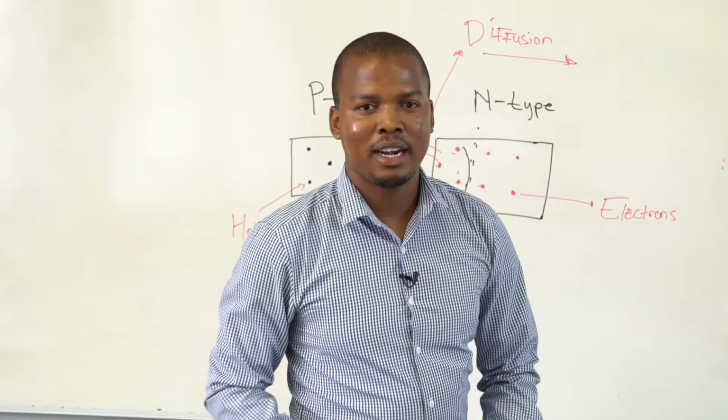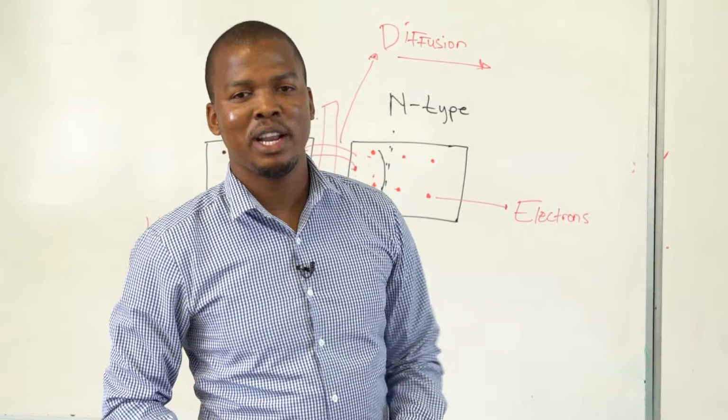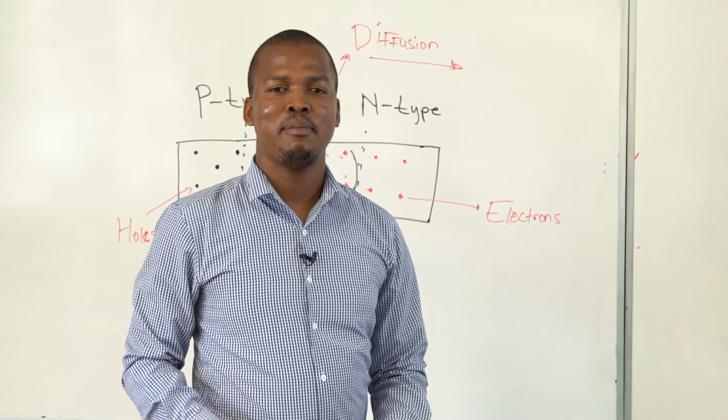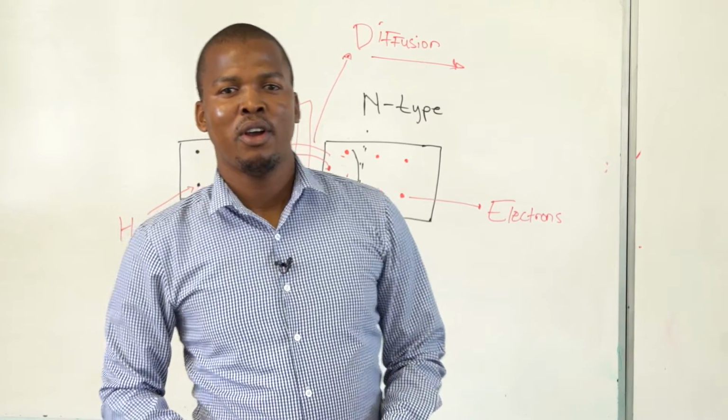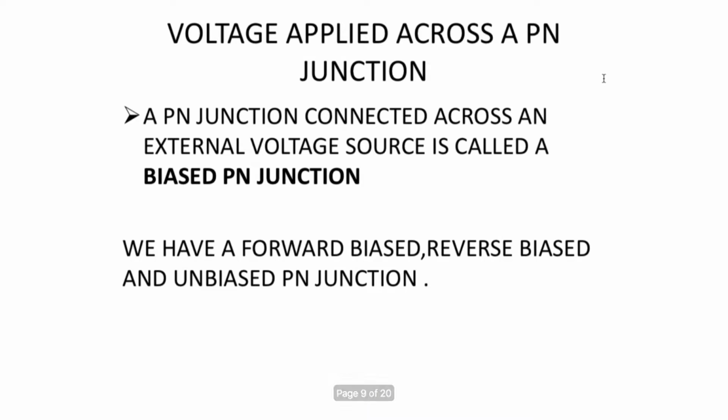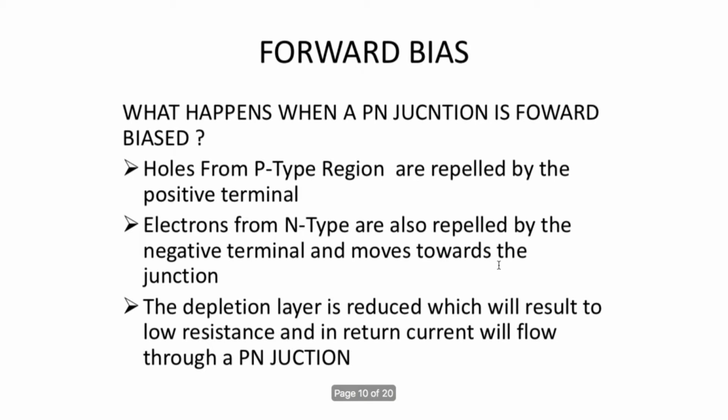A question may arise: what happens when a voltage is applied on a PN junction? When a PN junction is connected across a voltage, it is called a biased PN junction. We have forward biased, reverse biased, and unbiased PN junctions. On a forward biased, in this case, what they are saying is that